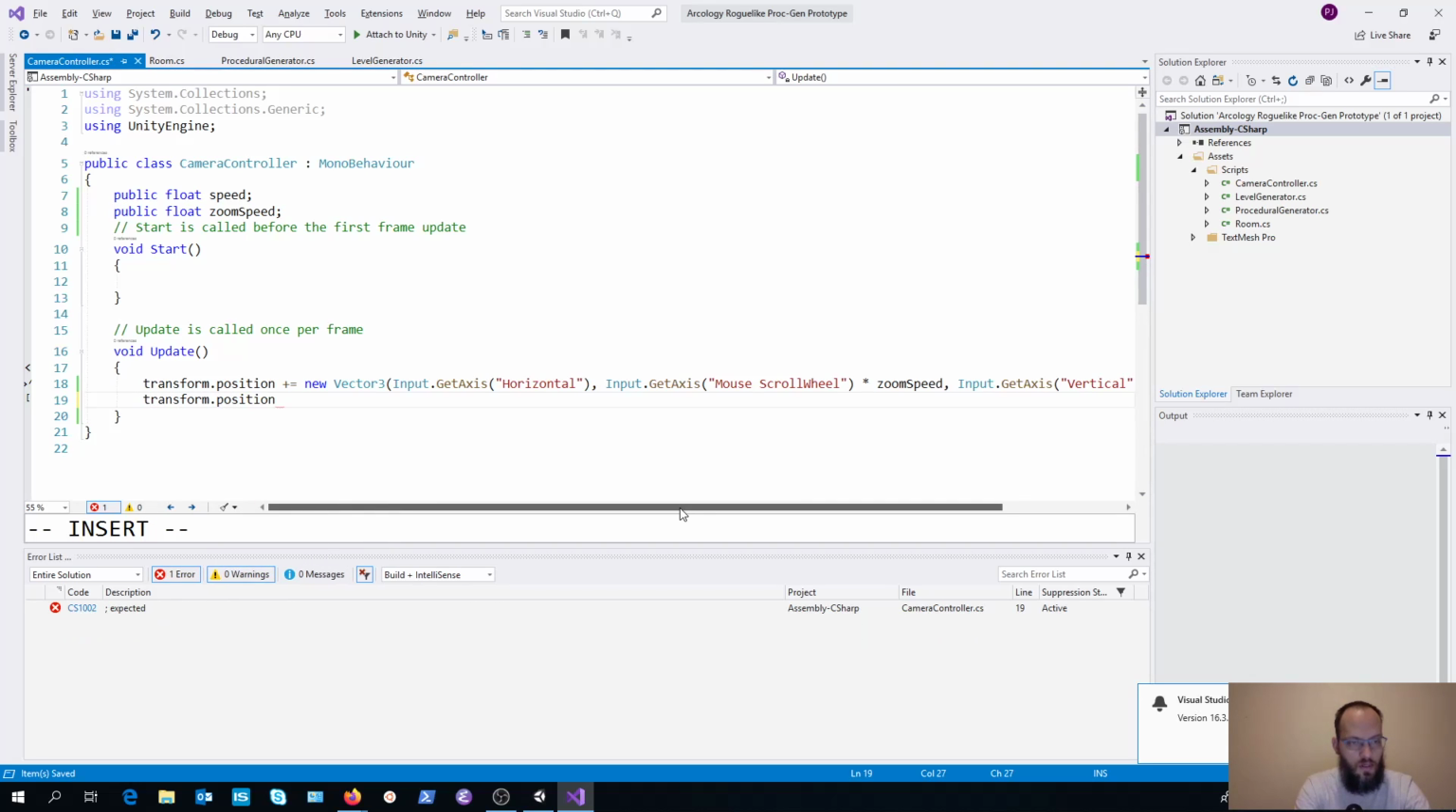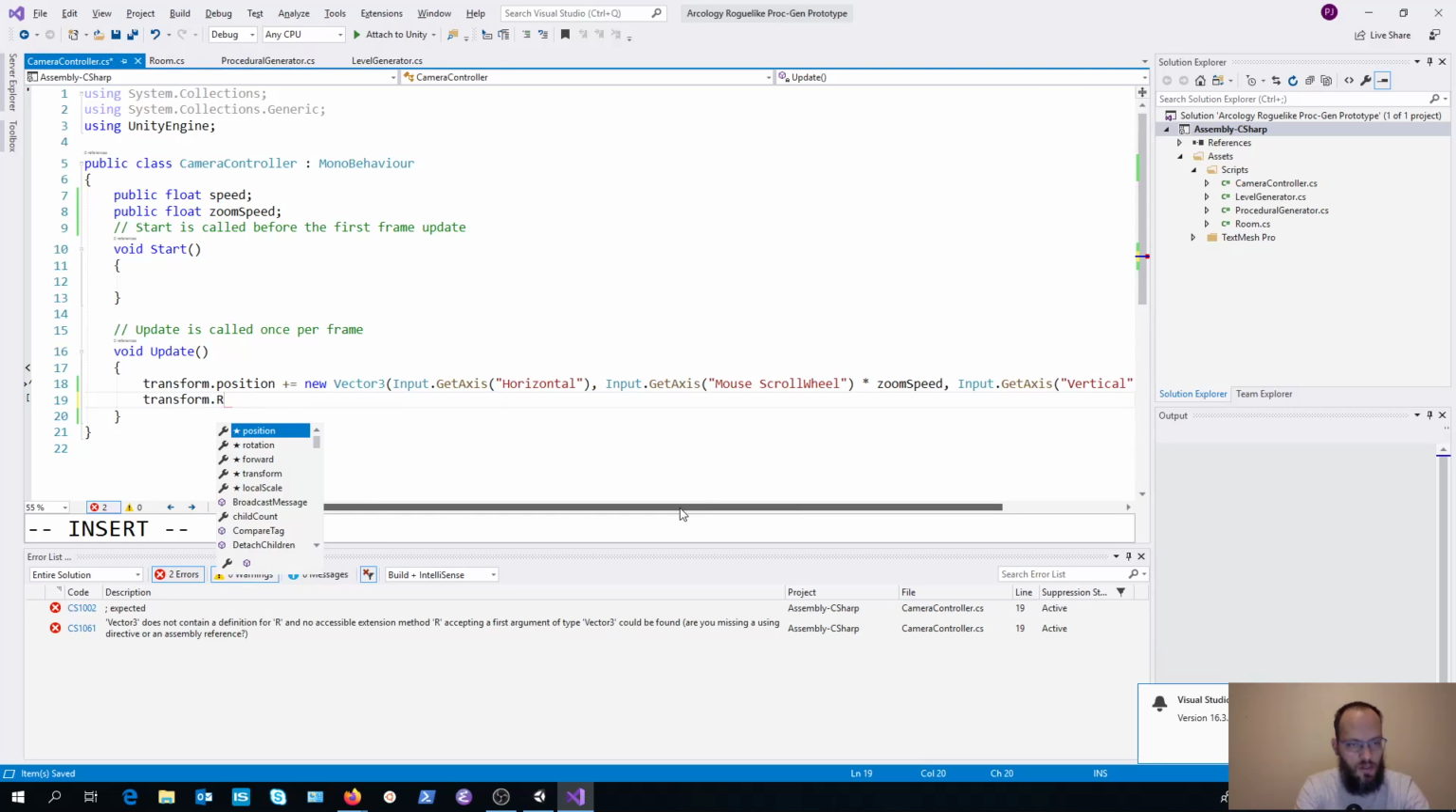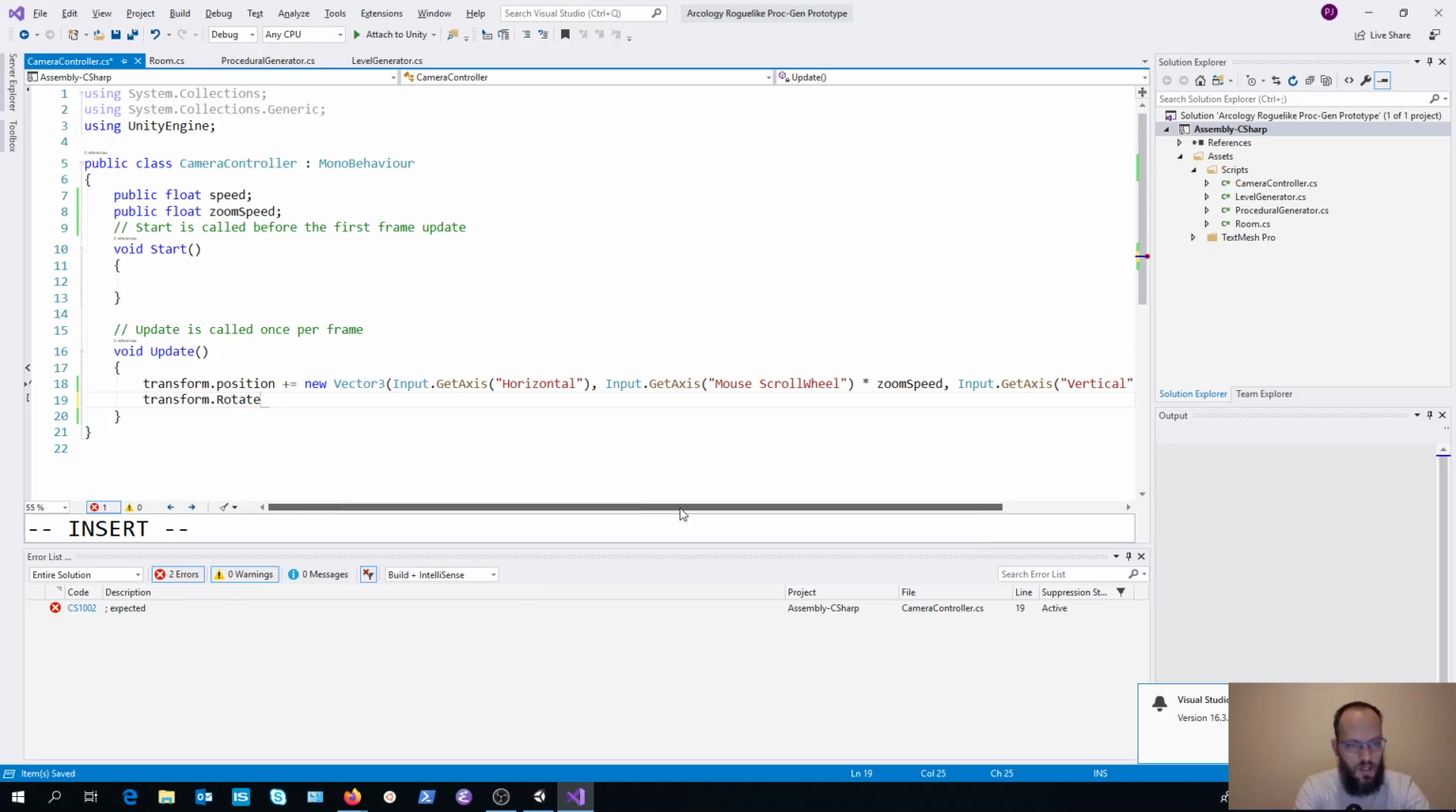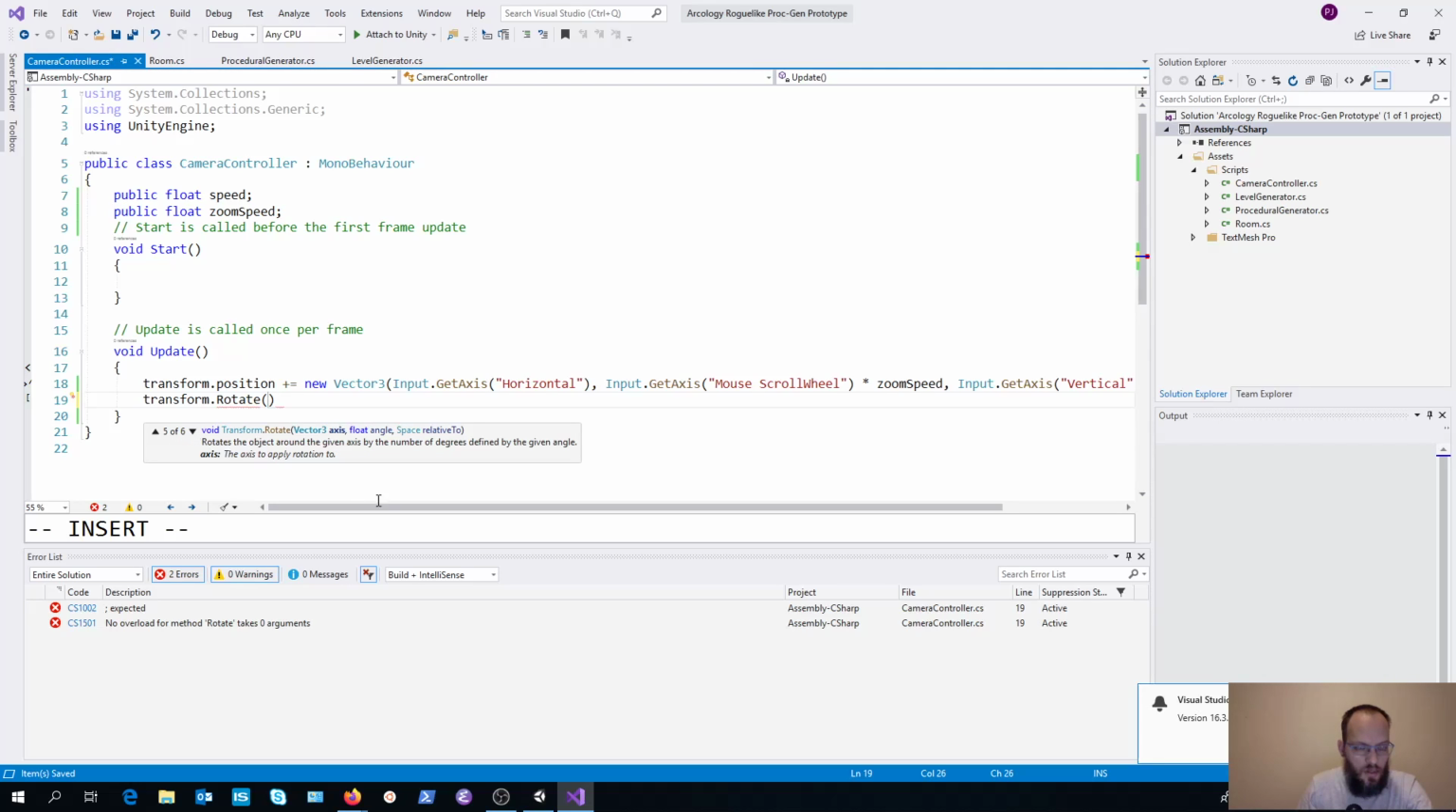Transform.position, transform.rotate. We've got a couple of overloads over here. We want to rotate around an axis, which should be, well, our